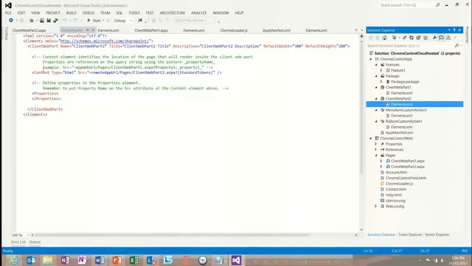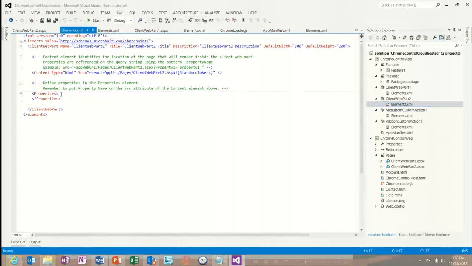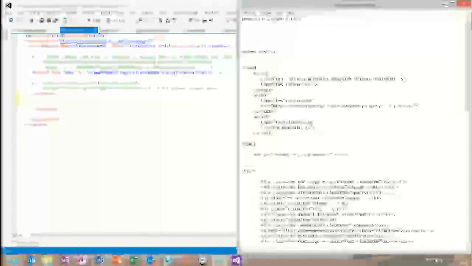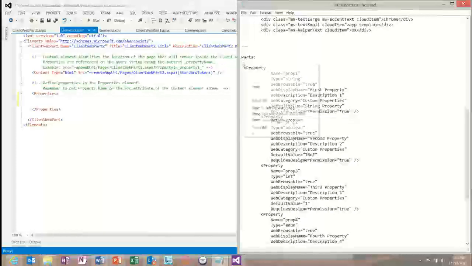You'll see this pattern of just referencing a URL a bunch with a bunch of tokens to pass to the context of that part. And you'll also see that there's this section for properties. What parts are able to do is specify a set of declarative properties to use. So if I just grabbed this set of properties,